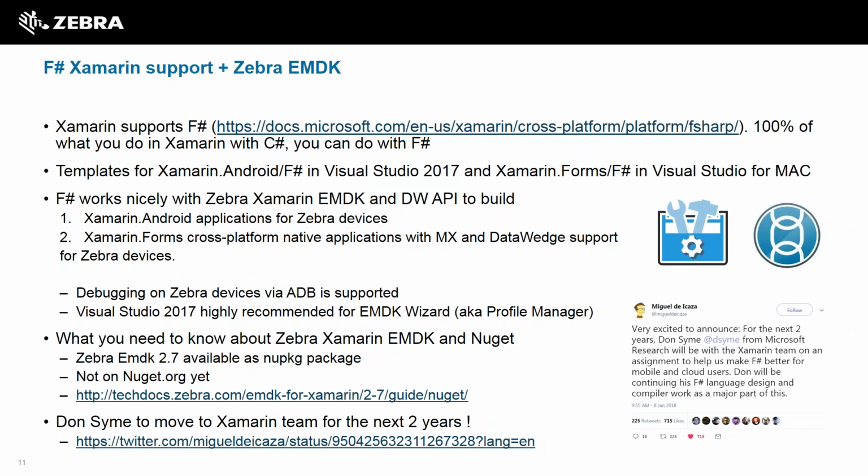I guess the even greater news is Zebra Xamarin EMDK works nicely on F#. You can actually build either Xamarin Android or Xamarin Forms applications for Zebra devices, leveraging Zebra MX capabilities and integrating barcode reading through the DataWedge API. Also, debugging of F# projects on Zebra devices is fully supported on Visual Studio. Actually, any Visual Studio. What I would say though,